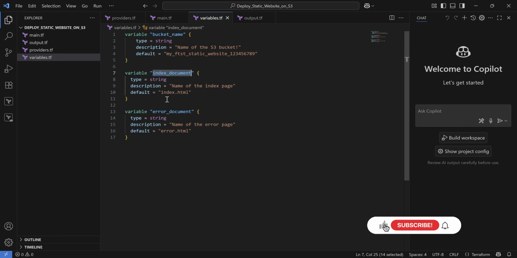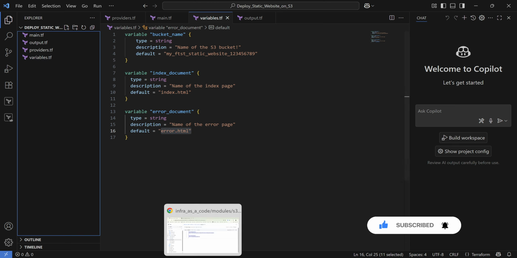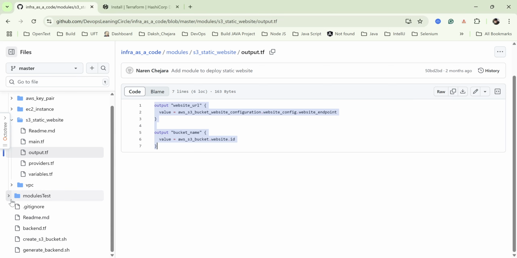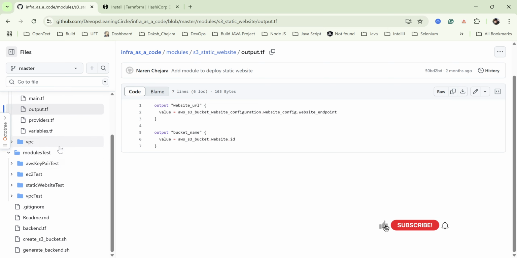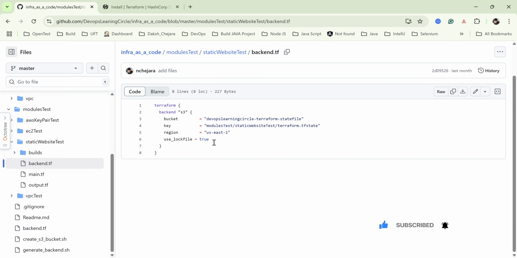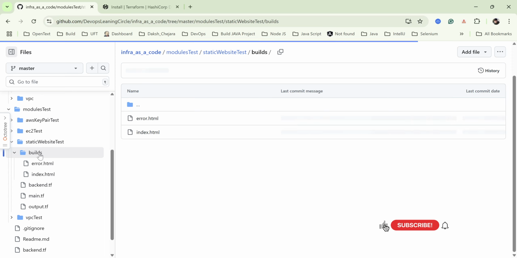Now one thing is missing here: where are index.html and error.html? We have to put these in our code. So let's check. We do not have them here, but we do have a module test, since this repository is creating the modules. So we have a static website here, and if you look at this, we are creating the backend, but that's fine, we don't need that, we just focus on the builds data.